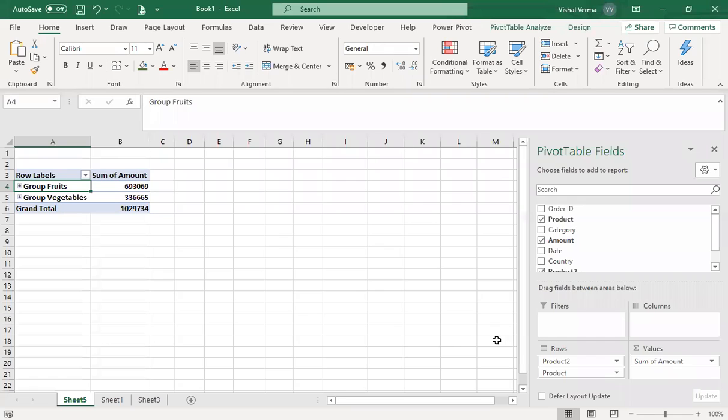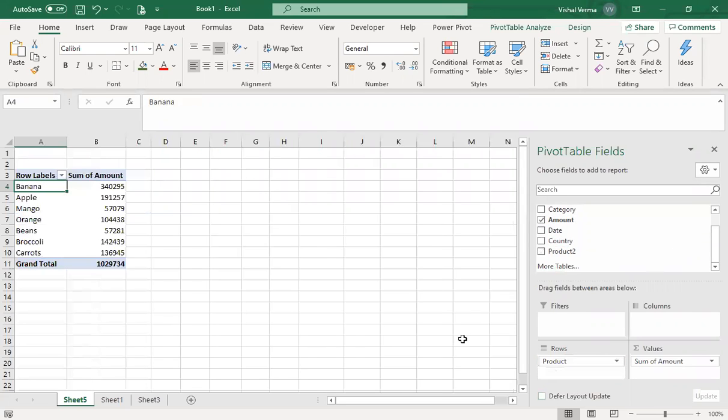So when this thing is happening, we created a different field. We have created a field that is Product 2. Although we had one field, Product, earlier, one more field called Product 2 has been created here. So let us now remove the product here, and let's work on the